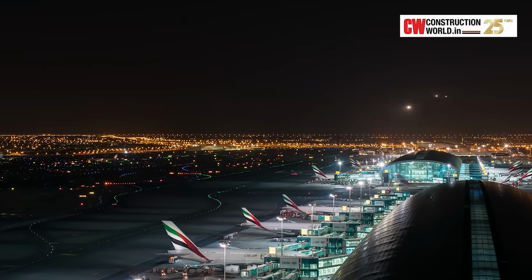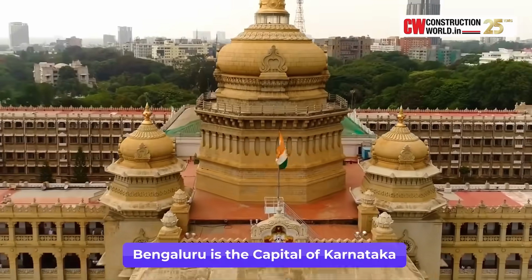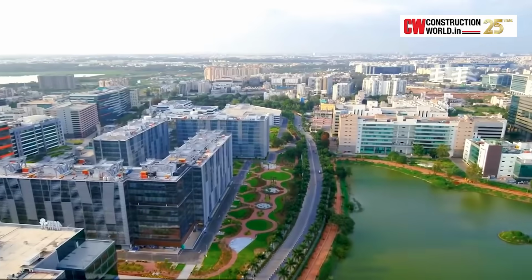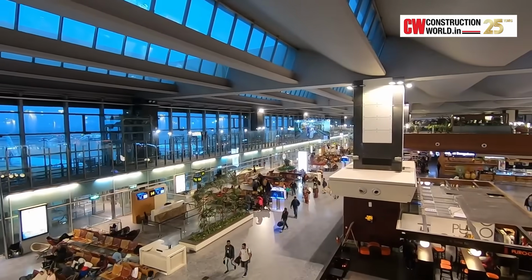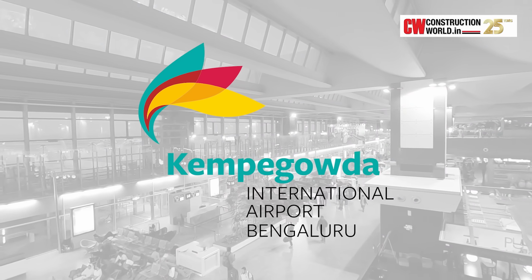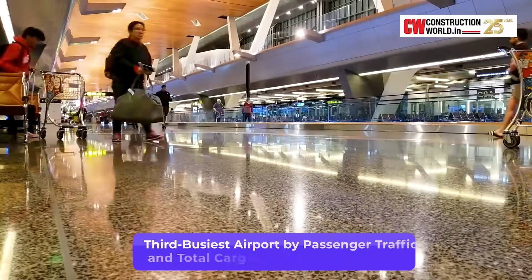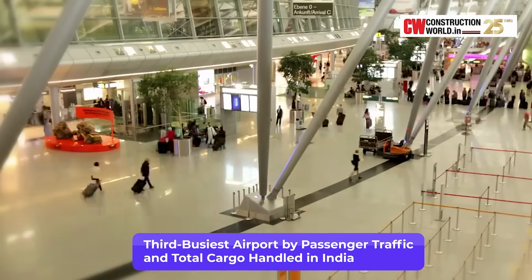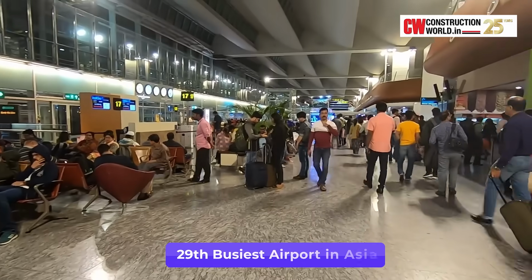Kempegowda International Airport is an international airport serving Bengaluru, the capital of Karnataka in the southern part of India. Spread over 4,000 acres, it is owned and operated by Bengaluru International Airport Limited, a public-private consortium. Kempegowda Airport is the third busiest airport by passenger traffic and total cargo handled in India, and is the 29th